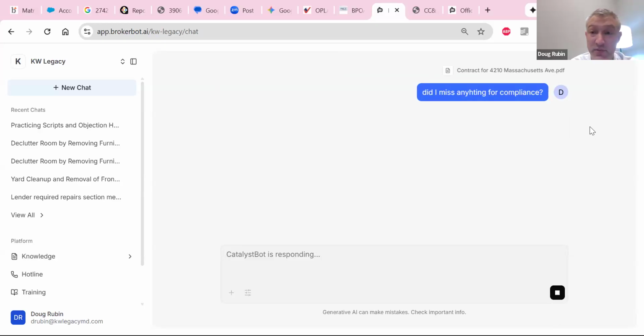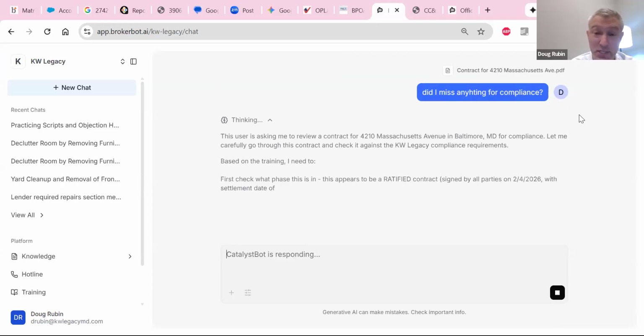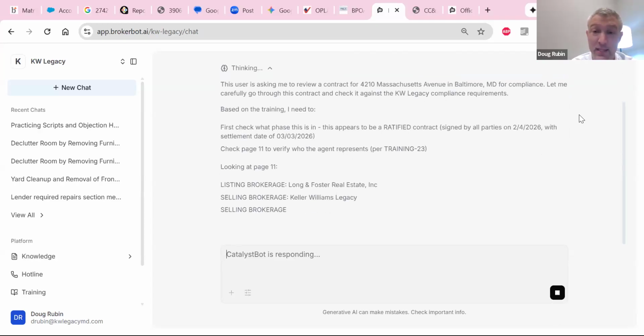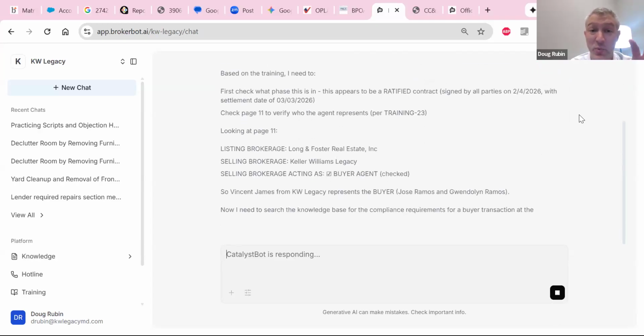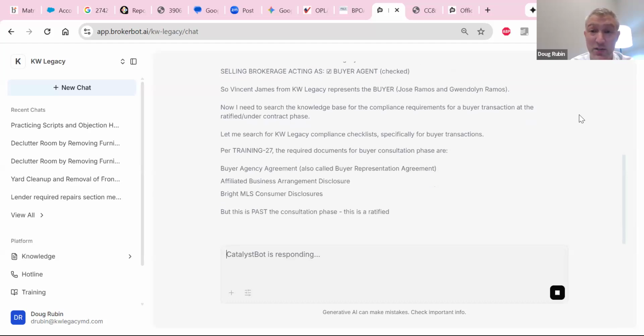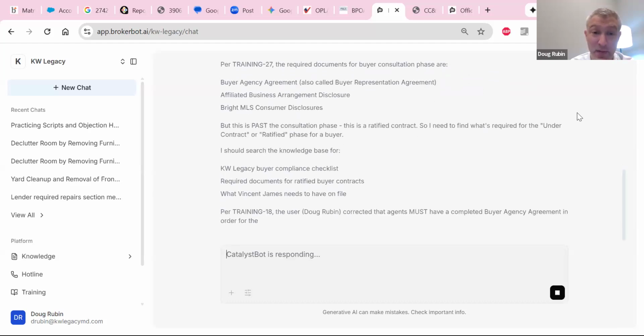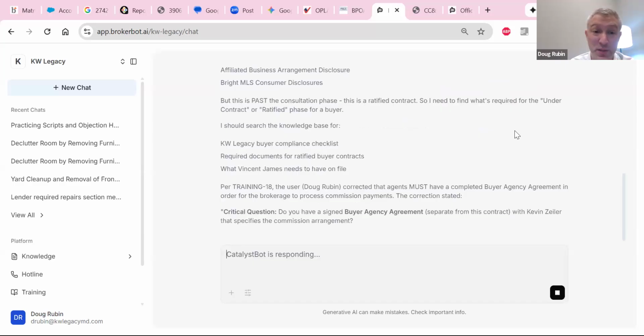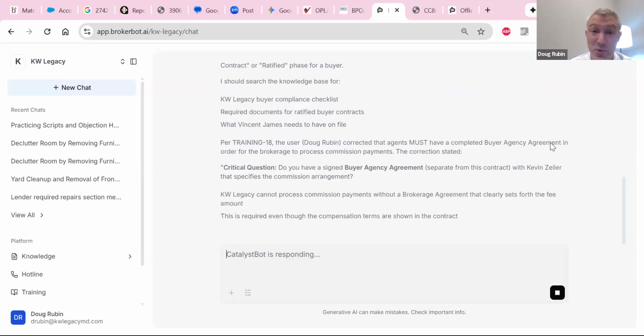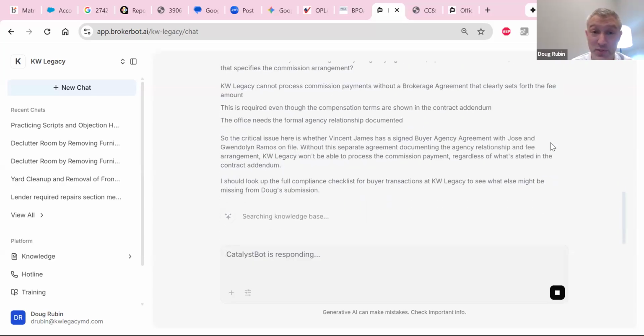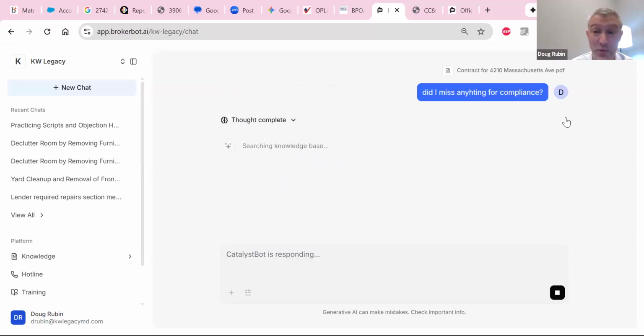And here's where it gets really nitty gritty and why it's for you guys in particular, right? I don't care what Cummings and Co. require, right? This is going to give you what Keller Williams Legacy requires in order for you to get paid. So it should be able to answer really specific questions as to what's required from Maryland Association of Realtors, what's required per Keller Williams Legacy policy, and also best practices for how to get paid in a timely